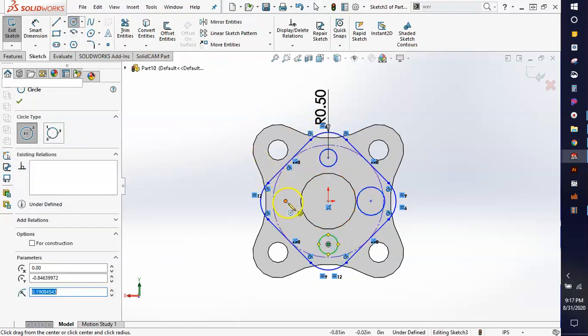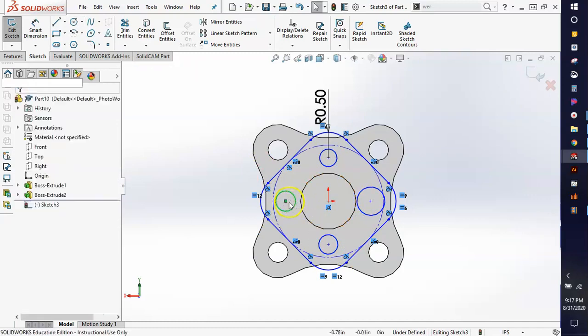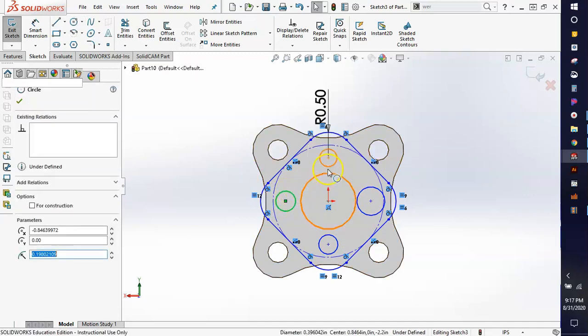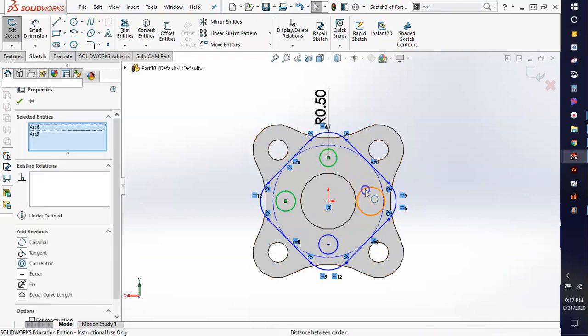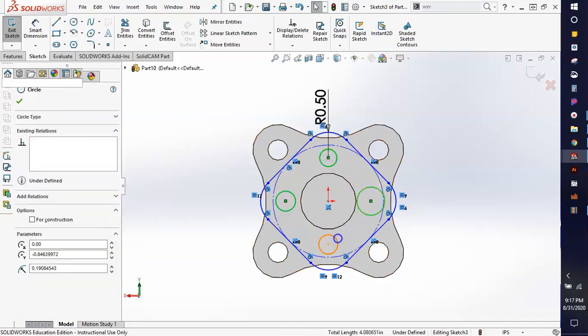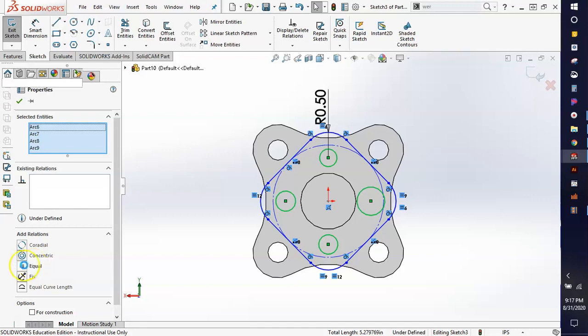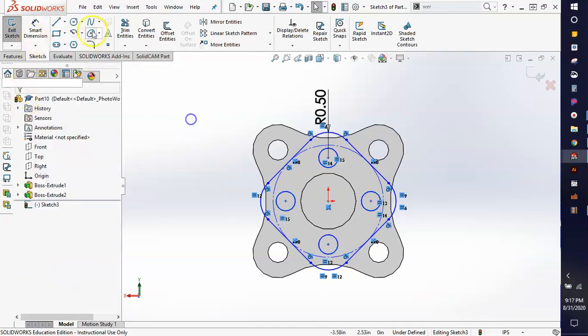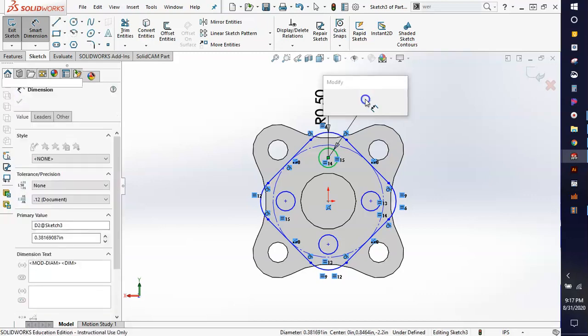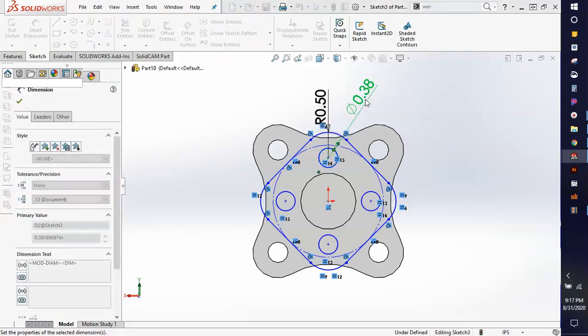If you fillet first, then you get your center points. So you're going to connect your circles right to each one of those center points. All of these circles are the same size. So I will just hold in Shift and work my way around, select all 4 of them and set them to equal. Okay, I'll dimension one of those, and it says that they have a measurement of 0.34,